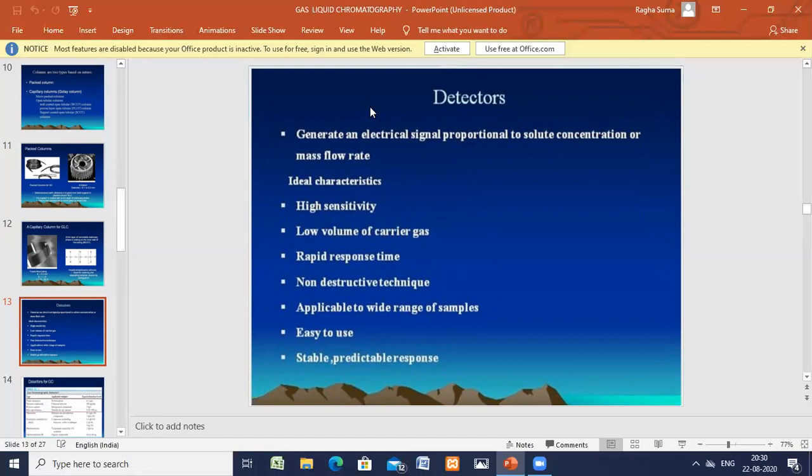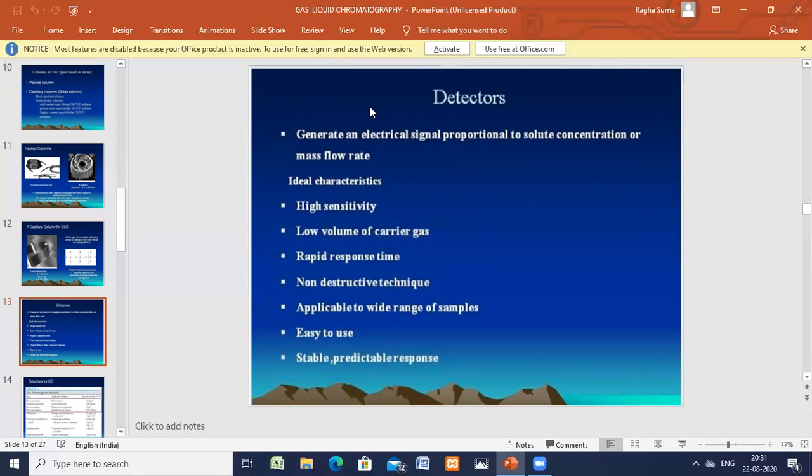Liquid mixtures are introduced with micro syringes, with the needle inserted through silicone rubber. Gaseous samples are injected from a gas cylinder. Now they go into the separating columns. We have seen the capillary column and the packed column. These separating columns come in a wide range of shapes and sizes. Various types we have seen, the capillary and the packed, and the dimensions have also been explained.